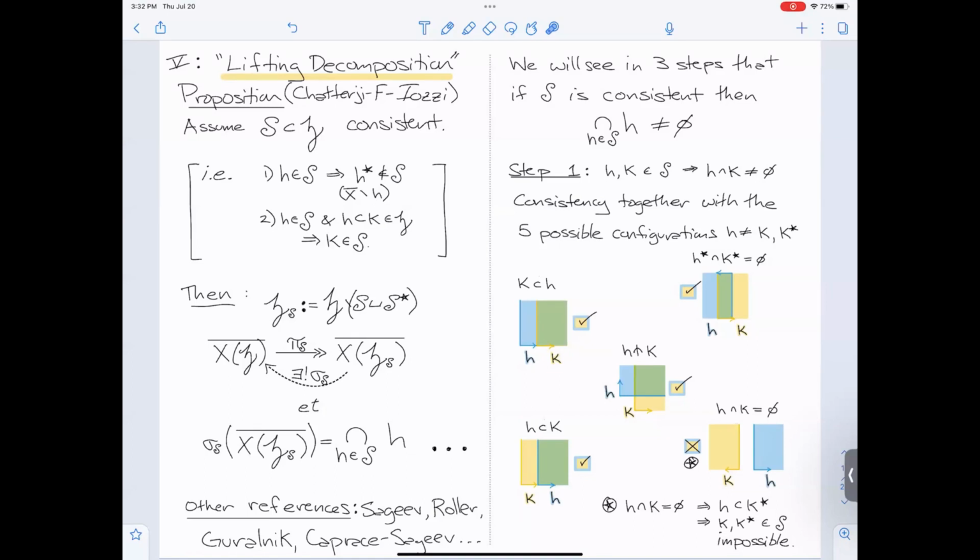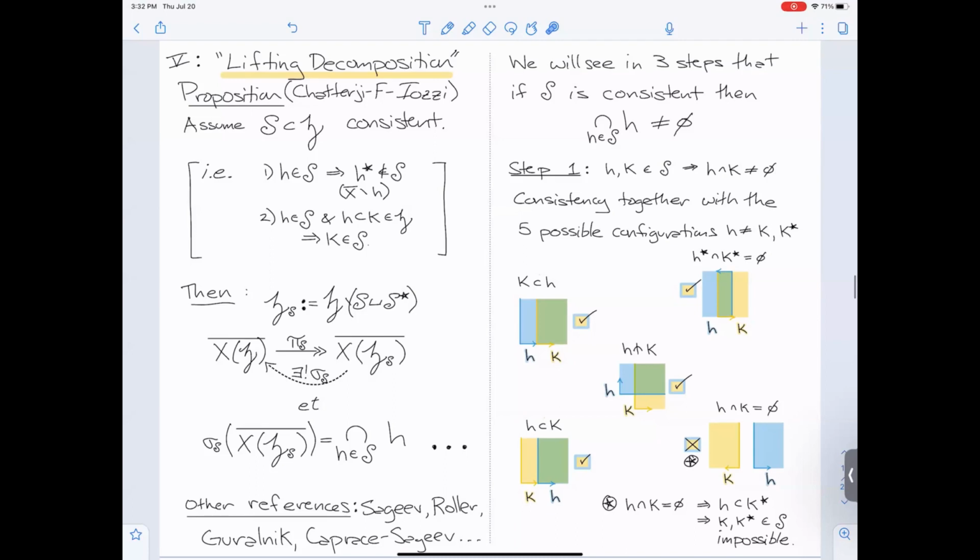spaces is not empty. The first step is just a standard analysis of the 5 possible configurations half spaces can have. And I'm going to just show you the next picture and move on. So the fact that I have these basic 5 configurations means that whenever I check the intersection pattern of 2 half spaces, I just have to check these 5 conditions. Any 2 half spaces will always be one of these 5 types. So